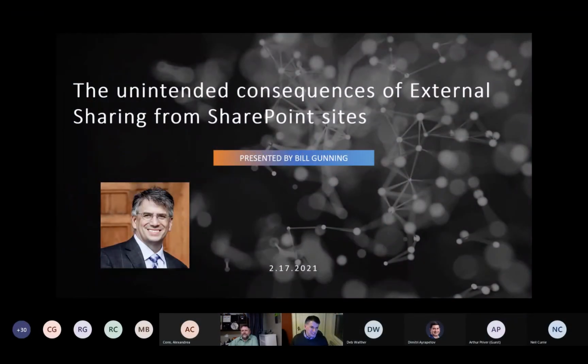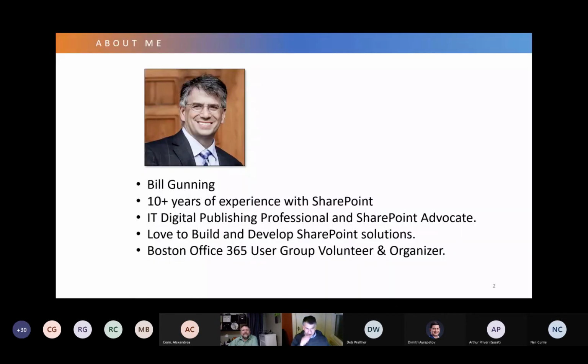So Mike did the introduction, unintended consequences in SharePoint. So again, my name is Bill Gunning. I've been in SharePoint for about 10 years, working with it. I've been working with it in the GCC tenant, so I work for the Commonwealth, and I've been working for different agencies in there, and currently I'm the technical lead.